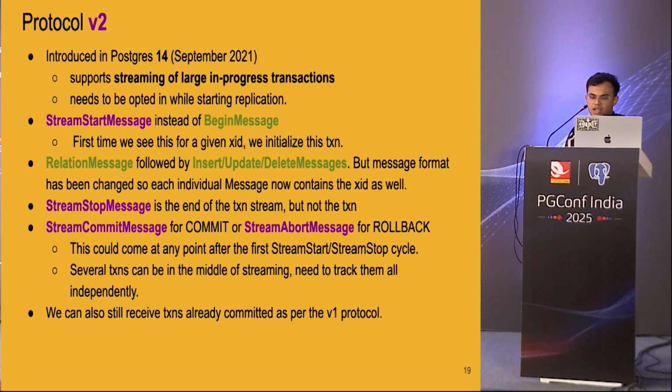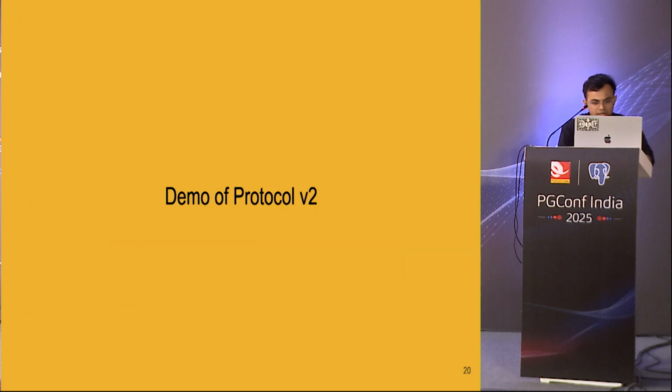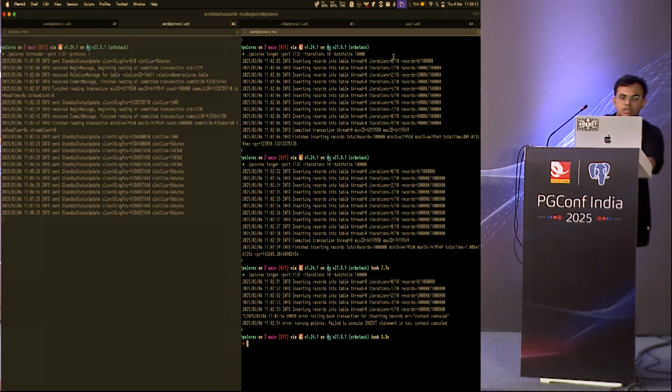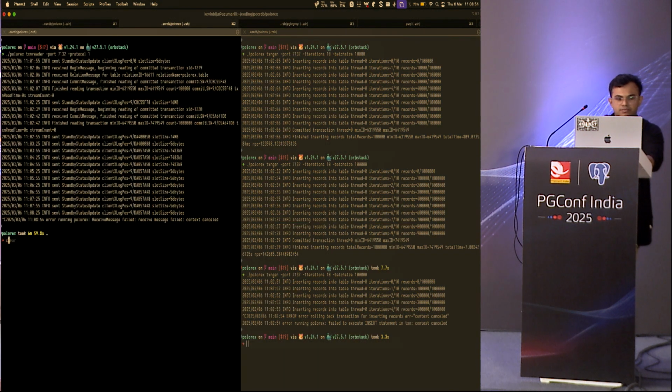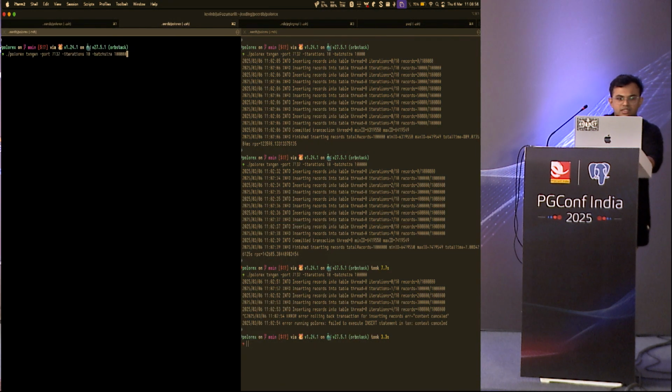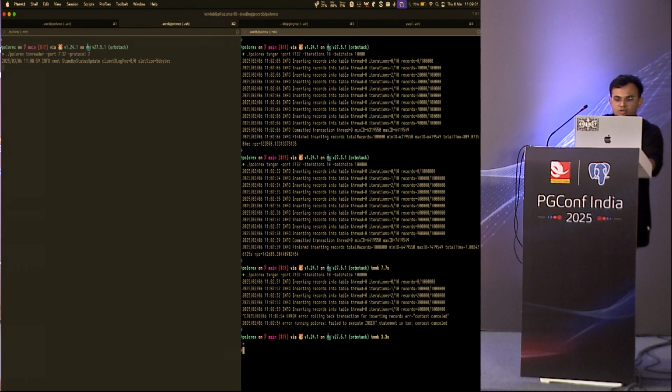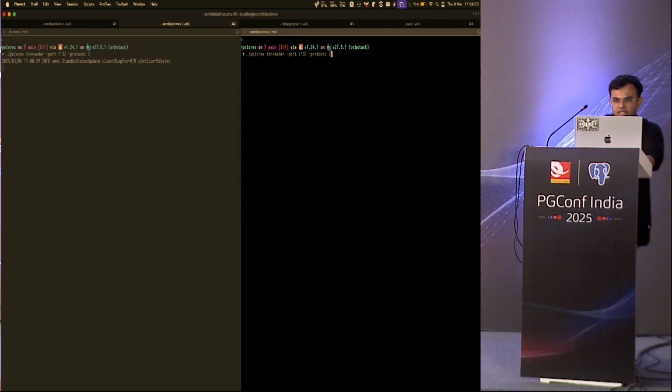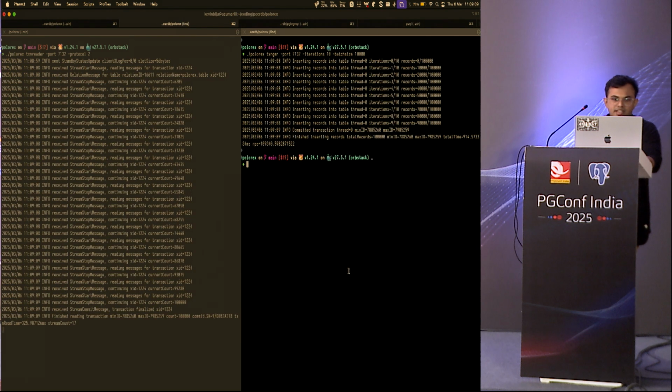That makes sense. So another demo time. So let's go here. Let's stop replication and restart it with protocol 2, and let's do the same thing we did last time. Yeah. So we're inserting 100,000 rows again. So you can see that here, even though the transaction is still happening, we got a stream start with some inserts